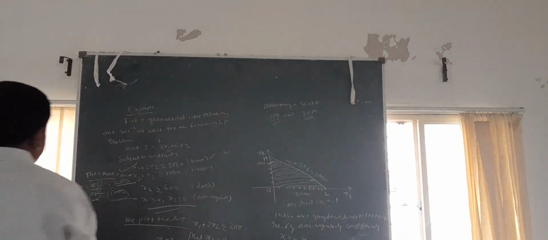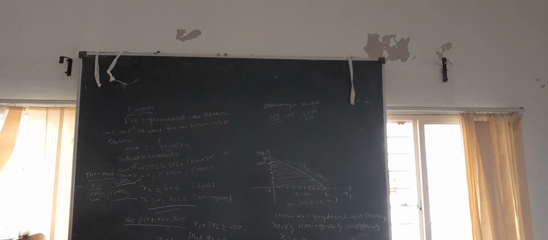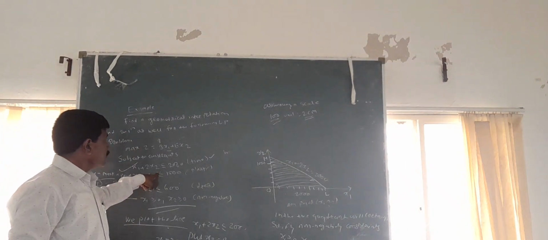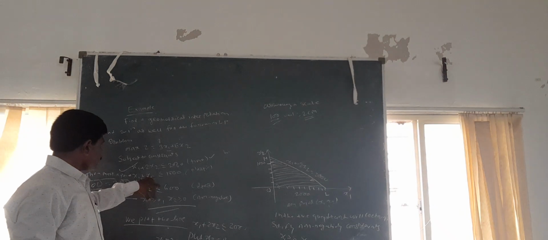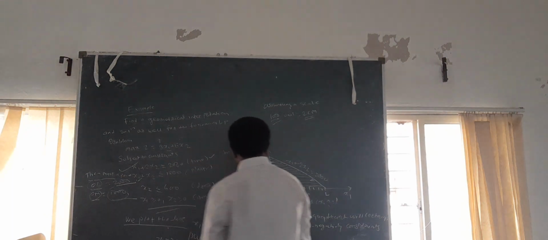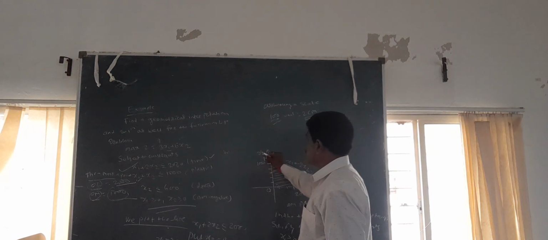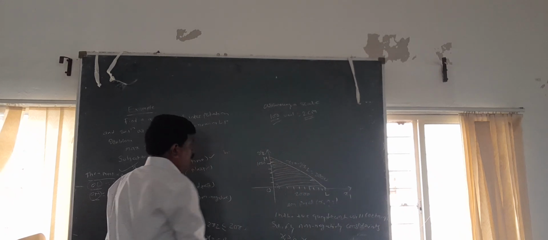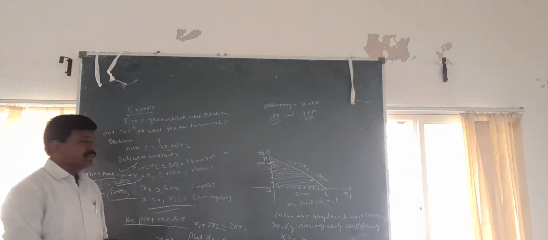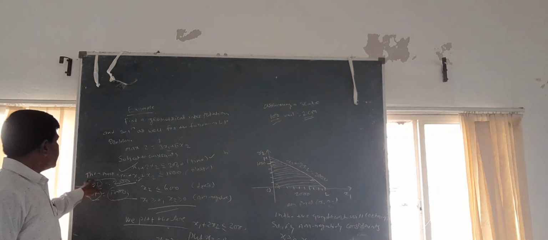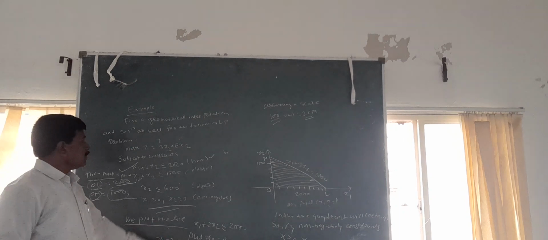Finding the graphical solution of the linear programming problem. In this problem, we assume two decision variables x1 and x2, and we draw two perpendicular lines, OX1 and OX2. Any point (x1, x2) in the positive coordinate will satisfy the non-negativity constraint, that is x1 greater than or equal to 0 and x2 greater than or equal to 0, and then we plot the line.